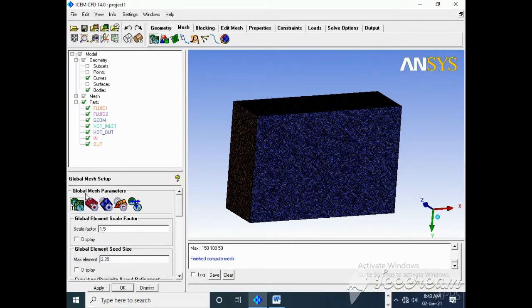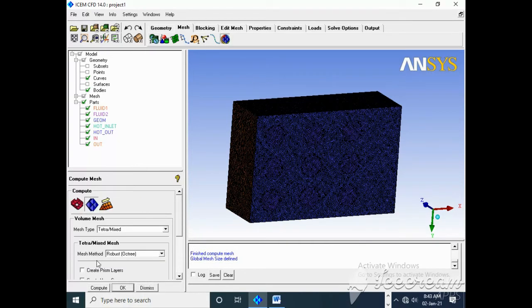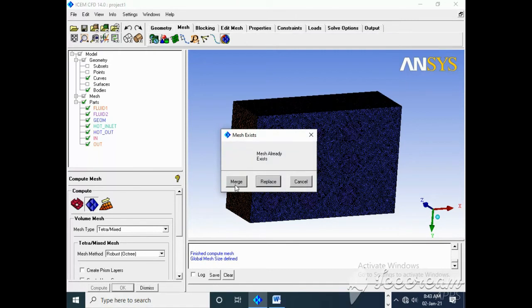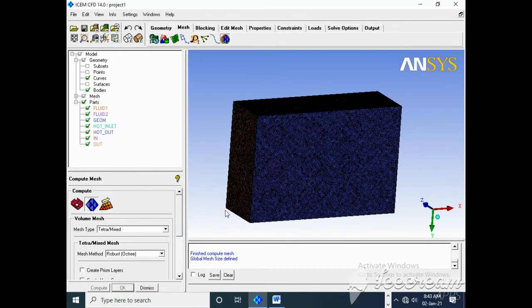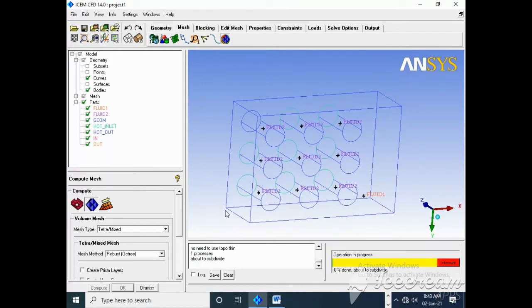So we are doing our third iteration, that is global scale factor 1.5. Say apply, then go for compute mesh, compute, replace. Let's see how much time is required.